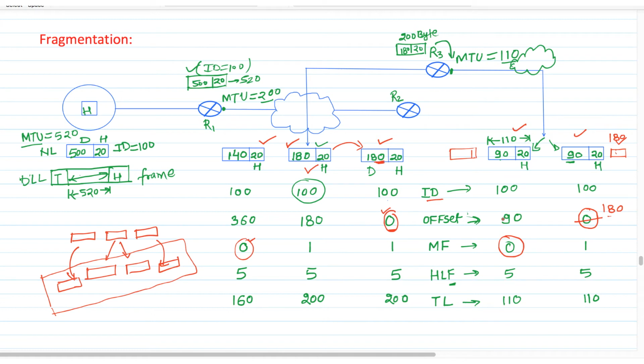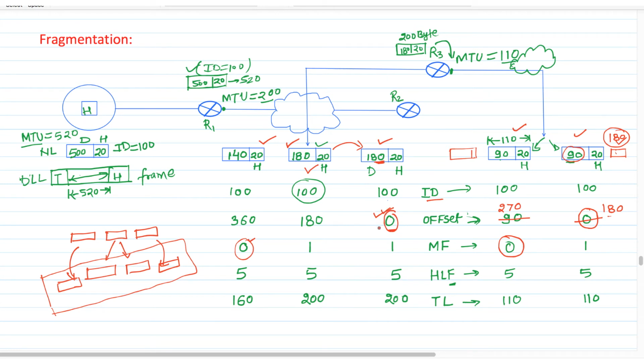In the same way, the offset value for this second fragment will be 180 plus 90, means a total of 270 data bytes are there ahead of this fragment, means 270 will be the correct value for this second fragment, right? So we need to change this value. Now when we analyze the offset field, only one fragment is available with the offset value 0. For these fragments the values are 180, 270, here it is 0, here 180, here 360. So only one fragment will have the value 0.